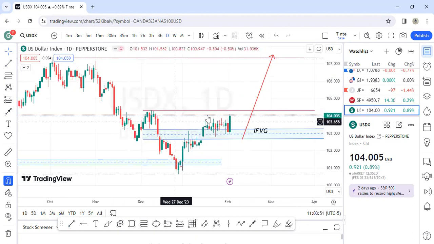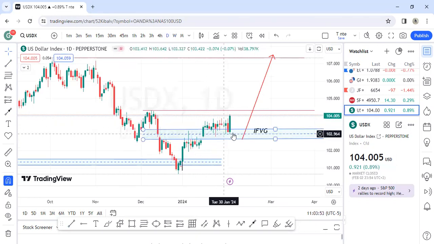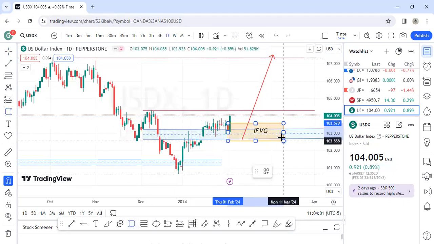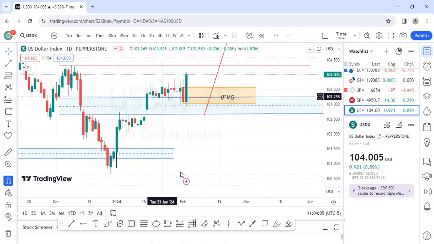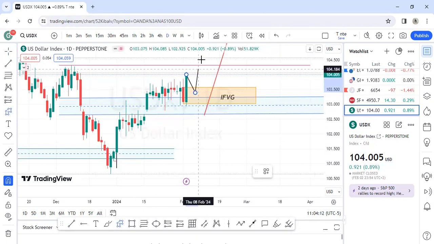So these are IFG. Markets came back, tapped back in that weekly inverted fair value. You can see market is printing. And now, if you watch very closely, we have printed a bullish order block. So this is a bullish order block that is printed here. So it's very likely that tomorrow, Monday the 5th, I will see price come back to bounce on this fair value gap and then run higher. So this one we'll see on the daily.